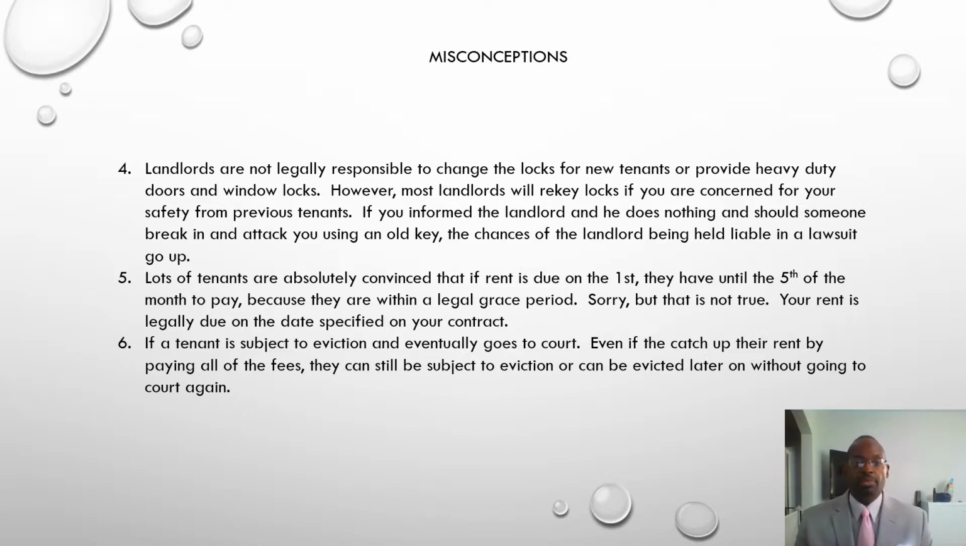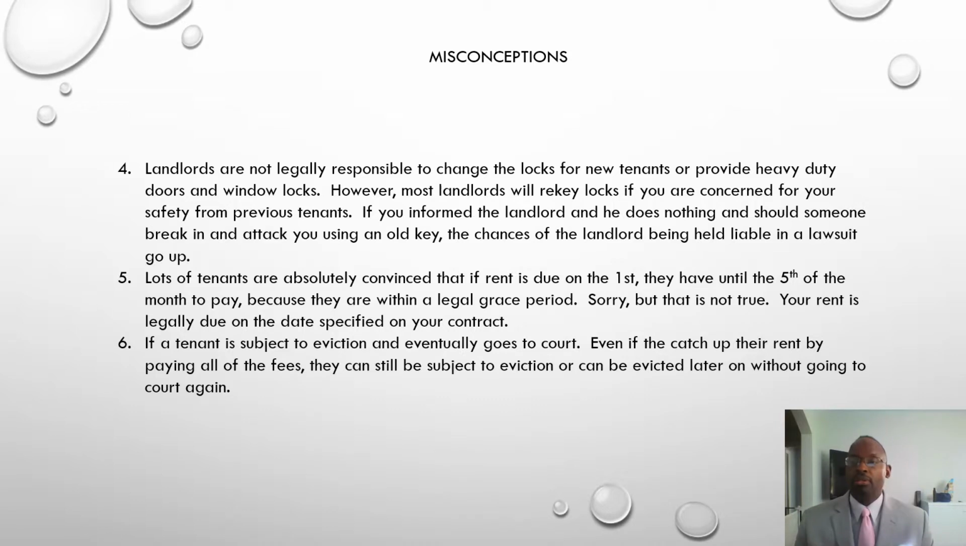Now, lots of tenants are absolutely convinced that if rent is due on the 1st, they have until the 5th of the month to pay, or even longer, because they are within a legal grace period. Sorry, but that's not true. Your rent is legally, and I say legally, due on the date specified on your contract. If a tenant is subject to eviction and eventually goes to court, even if they catch up their rent by paying all the fees, they can be evicted later on